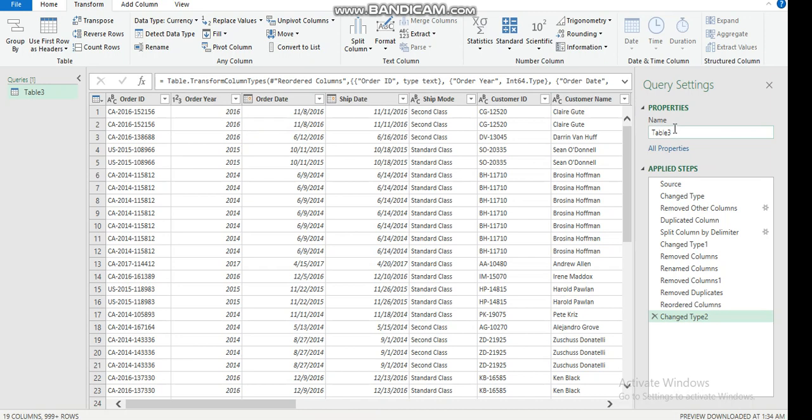So let me change the name. Like I said in the previous video, I'll call it Data Wrangling. That is, it has now been renamed. And also I'll go to the Home tab. So before I go, I think you can also have